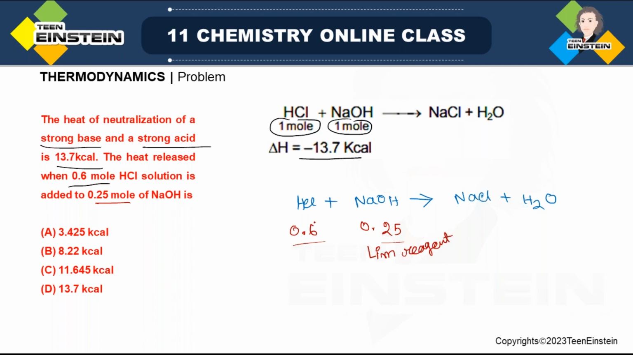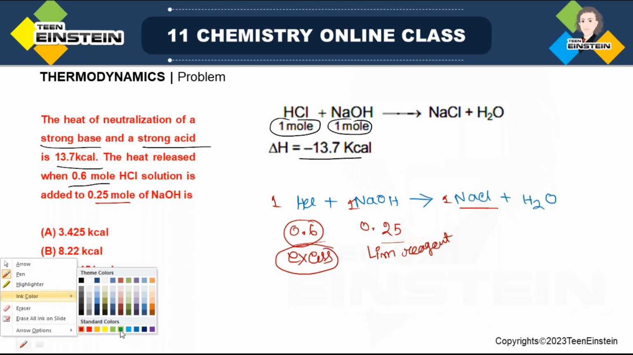HCl is present in excess quantity. As NaOH is limiting, the 0.25 moles will be completely consumed. So the maximum NaCl you can get, as it is a 1:1 relationship, right? From 1 mole NaOH you get 1 mole NaCl only. So when 0.25 moles of NaOH reacts with 0.25 moles of HCl, you will be getting,